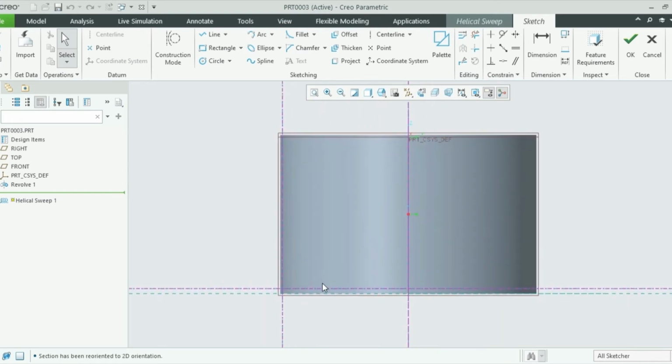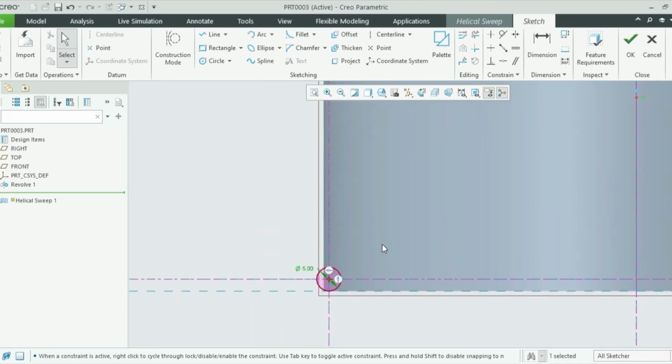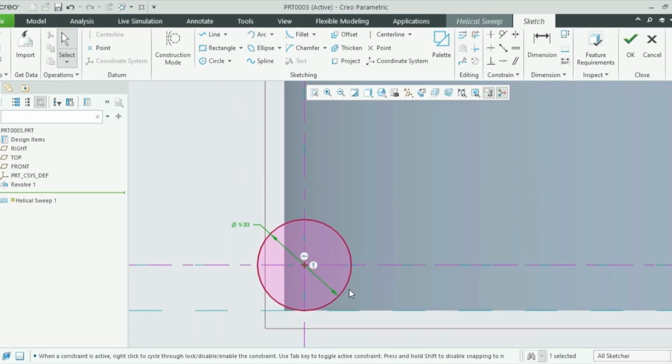Okay, so now I need to draw a circle here which will be on the inner side here. Okay, so the radius of this circle will be 5 millimeter, but this time we will be taking the inner one